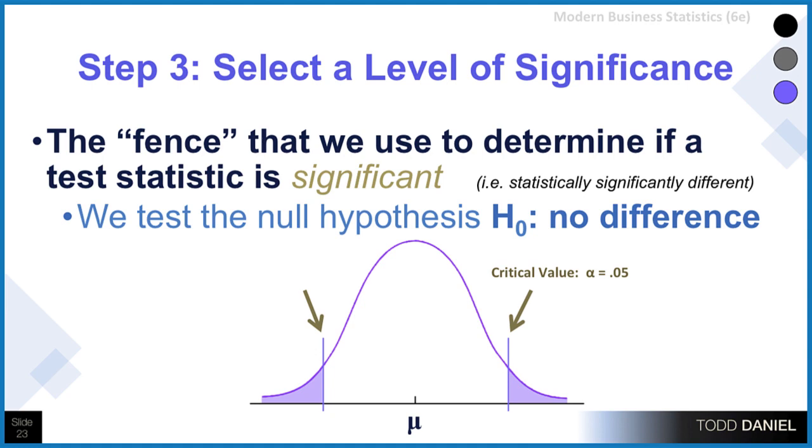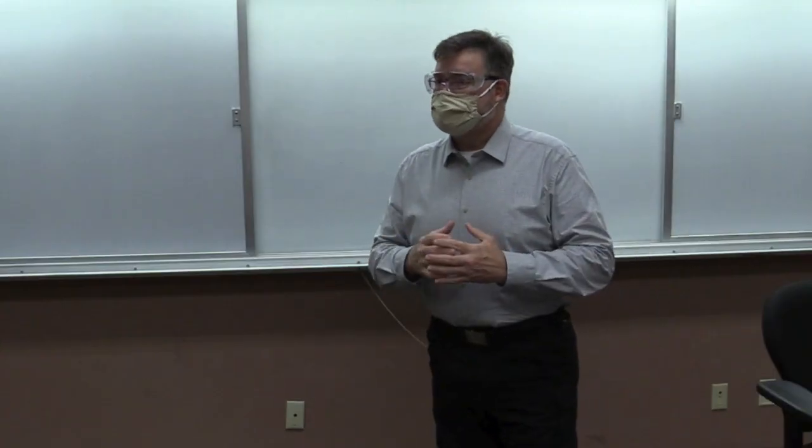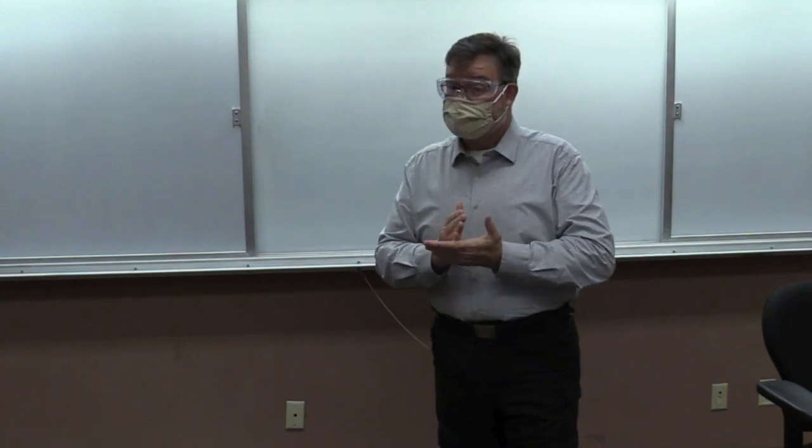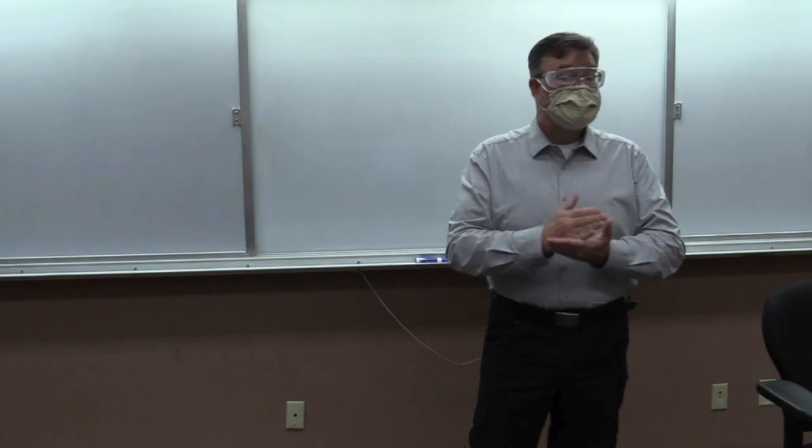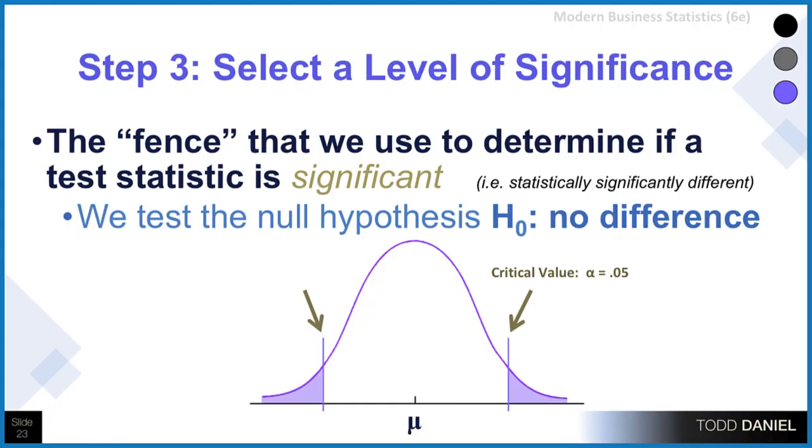We start with our null hypothesis of no difference, and the fact is that most of the means that we might generate, just as a random sample, are going to be very similar to the population value. In other words, there is truly no difference between our sample mean and our population mean. And by definition, 95% of the time this will be the case, even with randomness.